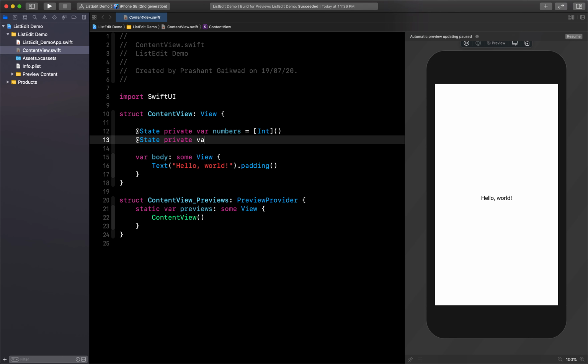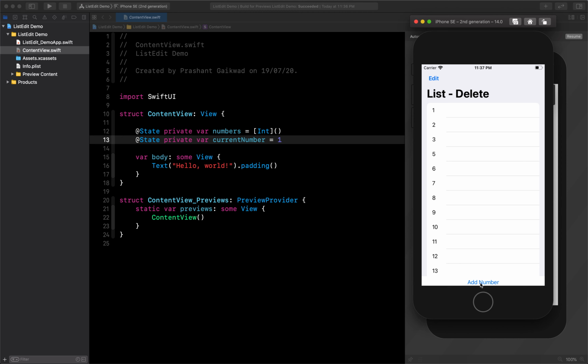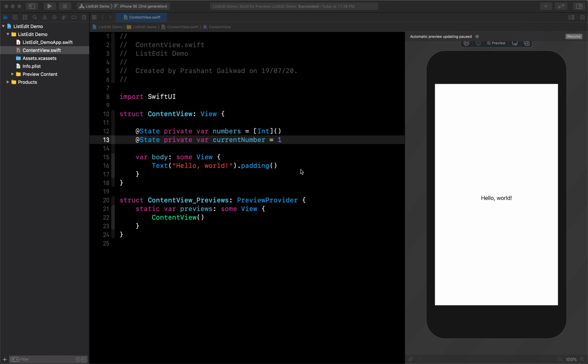So let's create that. By default it will be 1, so that whenever we add the first number it will be 1, and then whenever we tap on add number we will increment it and add the new number to the list.